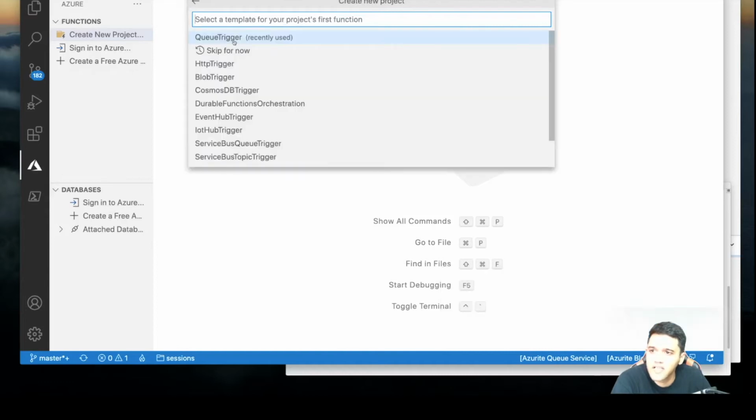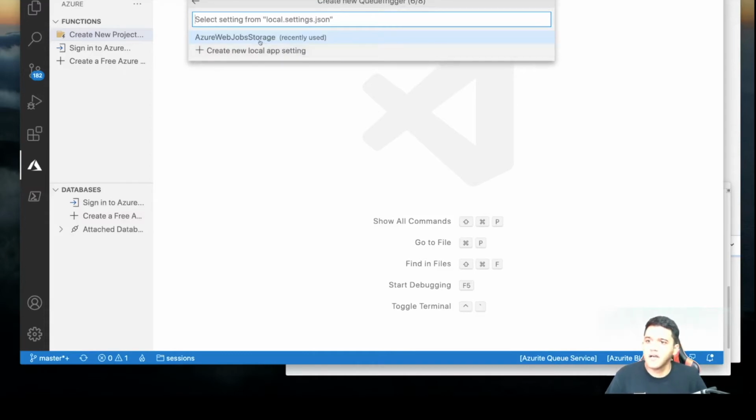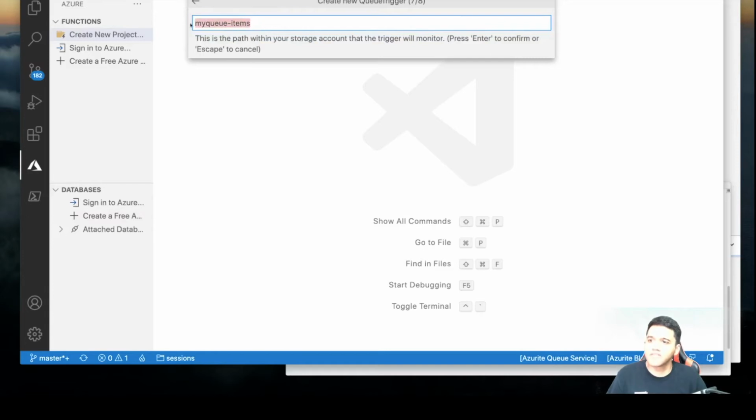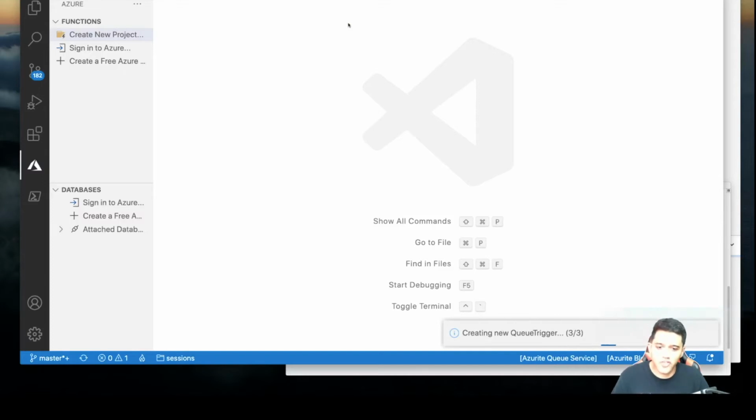I'm going to select Queue Trigger, and the name of the function would be order function, and the company would be delivery.food, for example. For the queue name, I would say order queue. I'm going to skip this. So it's creating a new project now.